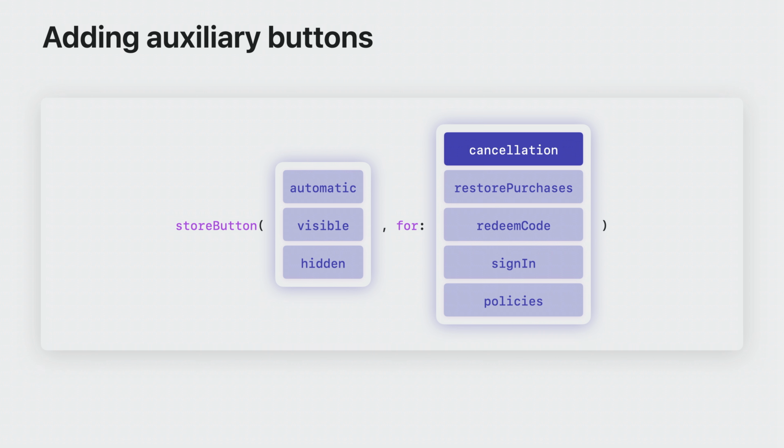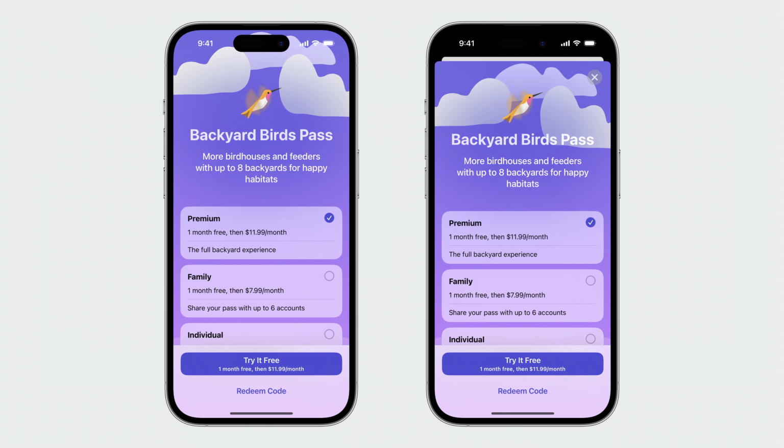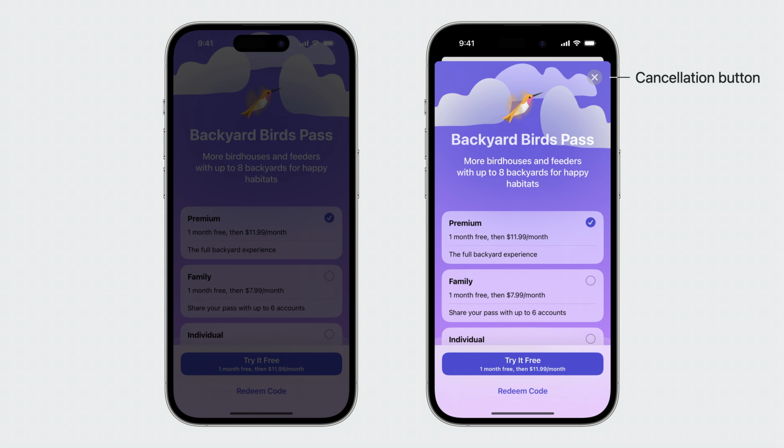The cancellation button shows a platform-appropriate button to dismiss the view. This button works for both the store view and the subscription store view. The automatic behavior for the cancellation button is to show whenever the view is presented. On the right, the subscription store view is presented as a sheet, so it shows the cancellation button in the top right automatically.